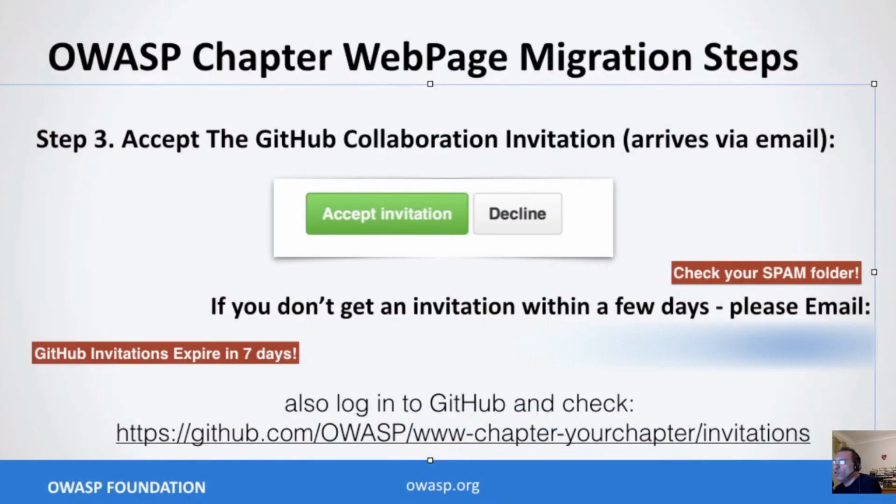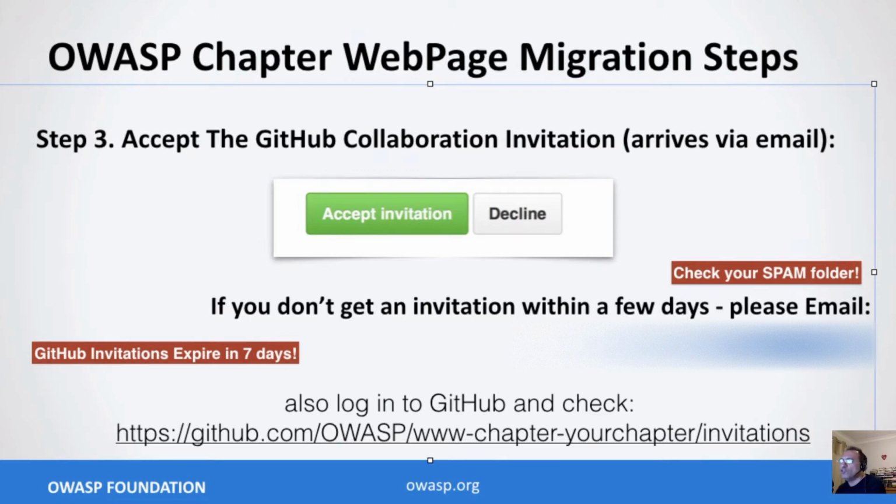In case you don't get an invitation within a few days, please check your spam folder first, and if still no invitation, please email OWASP's Director of Technology, Harold Blankenship, to chase your GitHub username request. You can also log into GitHub and look for the invitation in your GitHub notifications.